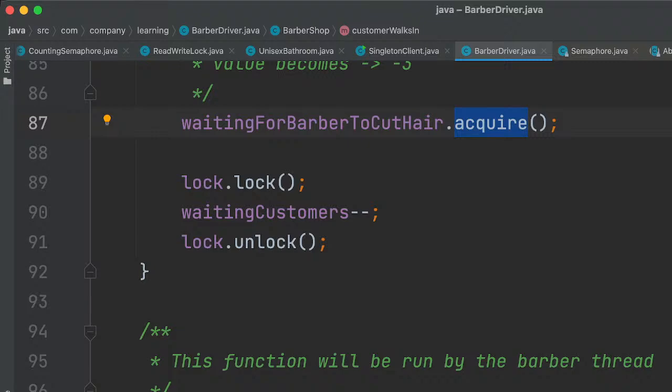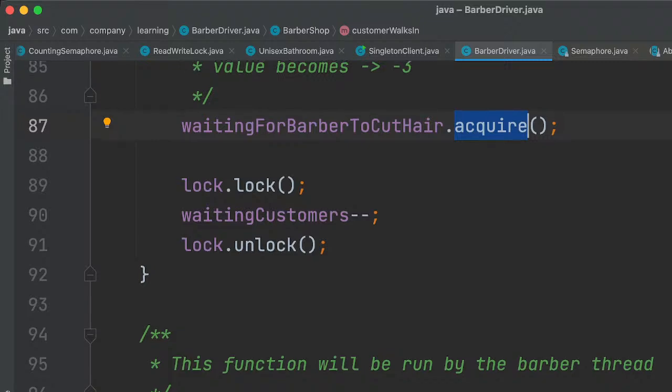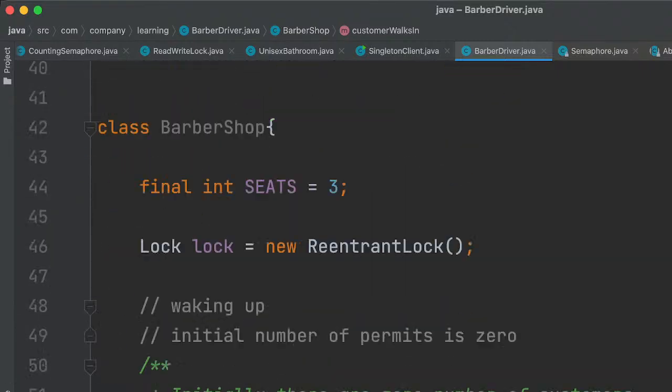Okay, let's try to simulate this and see what improvements we can make.